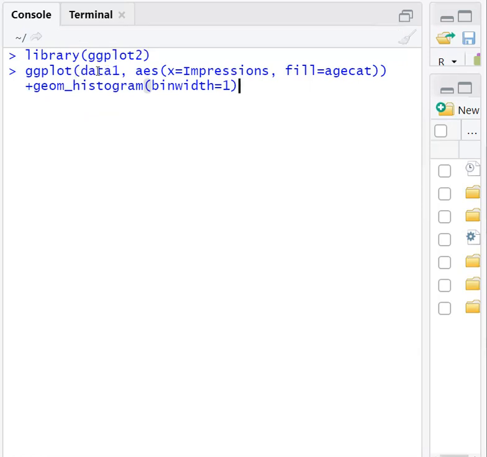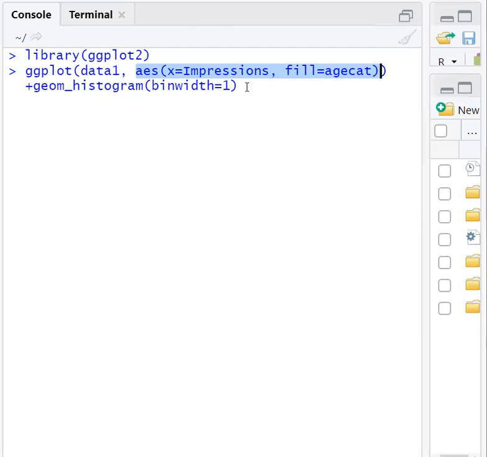ggplot is a function for drawing the graphs, and here we are passing the data. So the data vector we need to pass. Then in that data we need to specify what should be on the x-axis and what value should be on the y-axis. The axes are specified using the method aes.